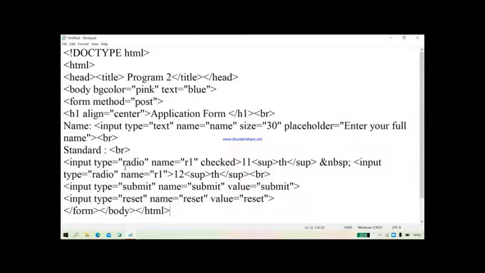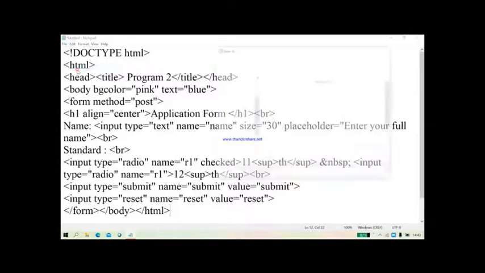Then for standard, input type is equal to radio, name is R1 and checked. Now here 11 standard or 12 standard you are going to check. That means only one selection will be there at a time. So either 11th or 12th you will select. Input type equal to submit, name submit and value submit, which is used to submit the information, and input type reset, name reset and value reset, which is used to clear the information. Slash form, slash body and slash HTML.